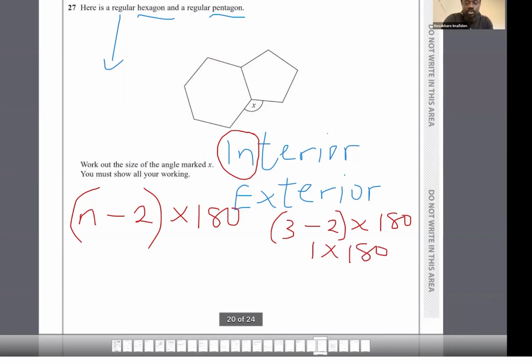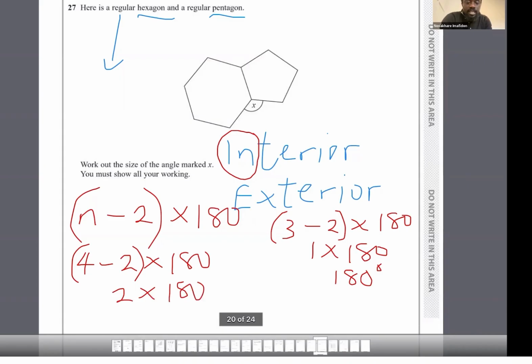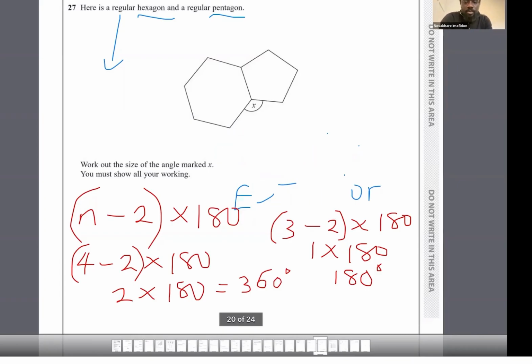And that is why the angles in a triangle would always add up to 180. If we take a 4-sided polygon, we have 4 minus 2, times 180. If we operate on the 4 minus 2 first, we are looking at 2 times 180, and that gives us 360. So if this has been established, coming to this question,